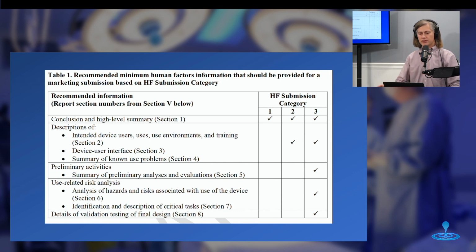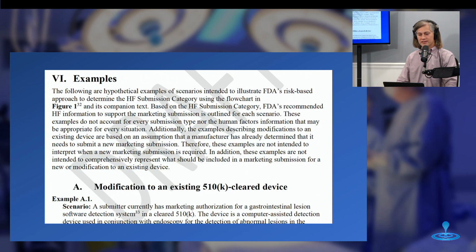But we think this is a great addition to what FDA has done before with their usability guidance, because it gives us a way to categorize the relative risk. And if you've seen lately how much work human factors engineering can be, this is a welcome addition to the process. The guidance, which again, if you scan the QR code on the first slide we showed, you can get to the guidance in all of its glory. But there are examples listed. And if you want to take a look, there's a whole bunch of examples for 510Ks, for PMAs, everything under the sun as to how you might end up into any one of those categories that are listed.